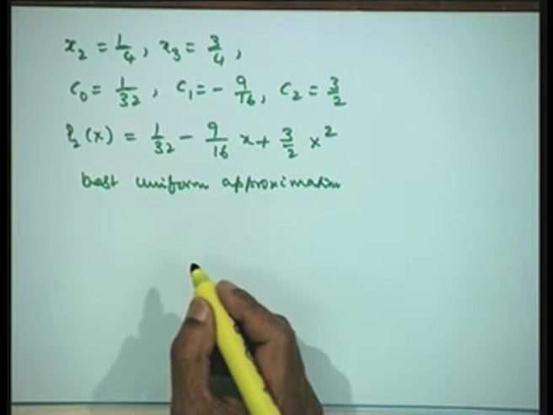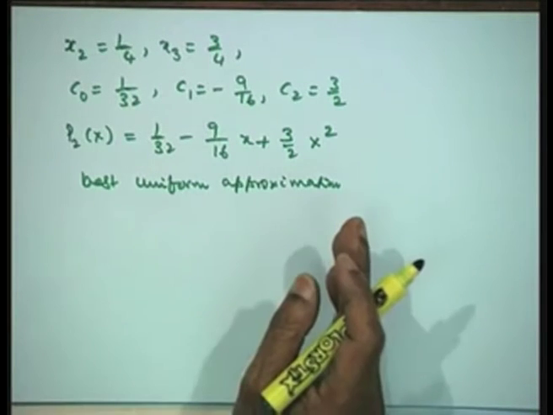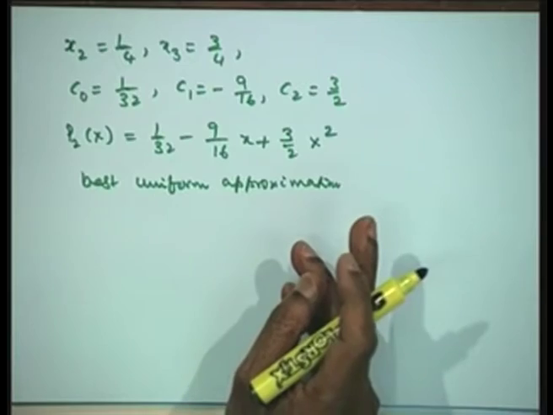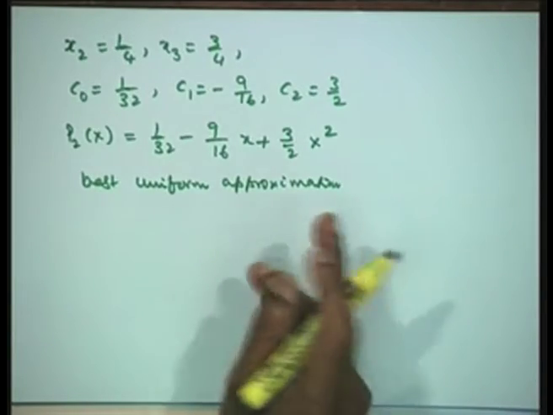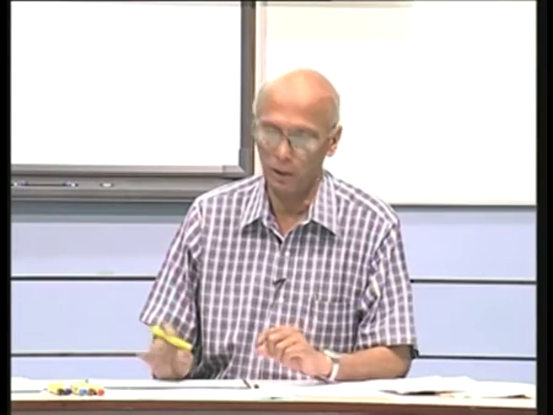And we can actually find out what the error is. We can find out the error that will be equal at any of these points, particularly at the first point we can find out what will be the maximum error, and that will give you the maximum error in this equation.